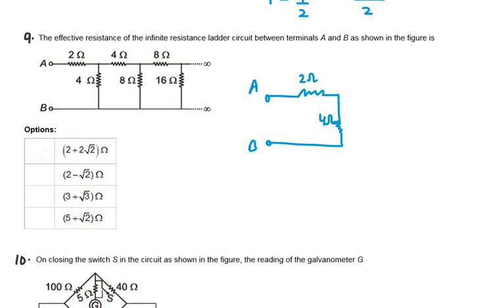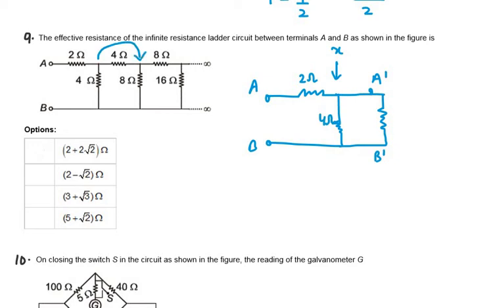Now as we have an infinite resistance ladder, I will end it here and mark a resistance here and mark it as A dash and B dash. Now suppose the effective resistance for this is X. Now if this is X, you can see